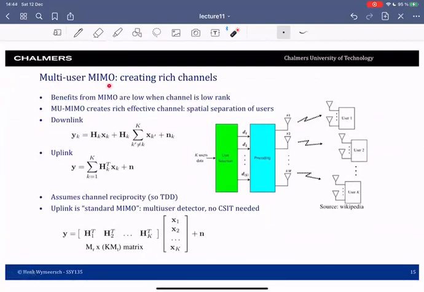So multi-user MIMO was originally come up with in order to create rich channels. And this is because when you have standard MIMO, typically your channel rank will be quite low. So even though you have many antennas, you're limited by the environment geometry, and you will have just a few large singular values, and all the rest will be zero. So this, if I draw this,